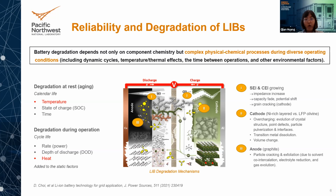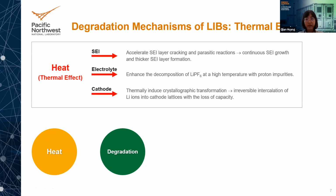And based on all these degradation mechanisms, there is one factor that is pretty important and we cannot ignore. That is the temperature, the heat. So temperature plays a critical role in the degradation, no matter at rest or during operation, as shown here. So in the following, we will take a close look at this thermal effect. And the thermal effect on the degradation can be summarized into three parts,